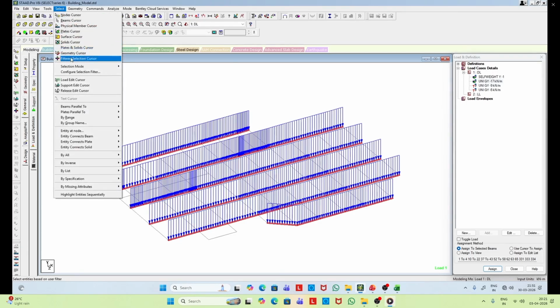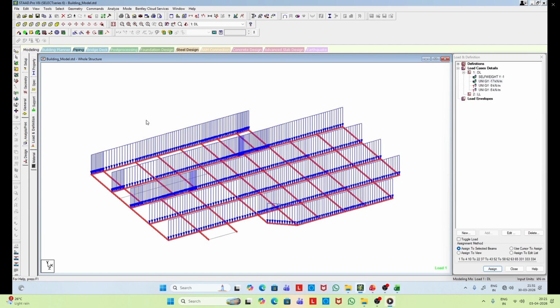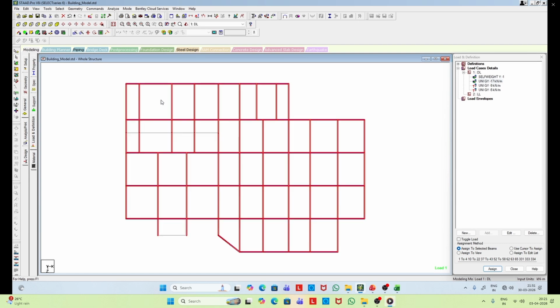Similarly, we have to assign the loads for other beams. Now we select the major beams parallel to the z-axis.